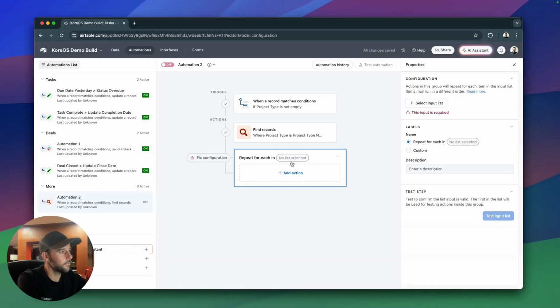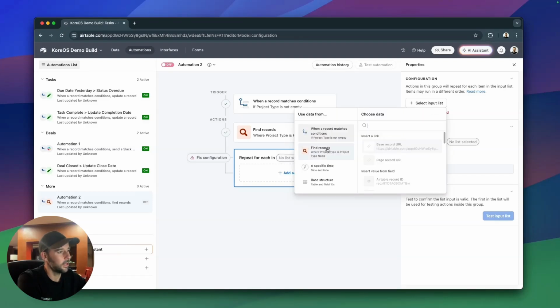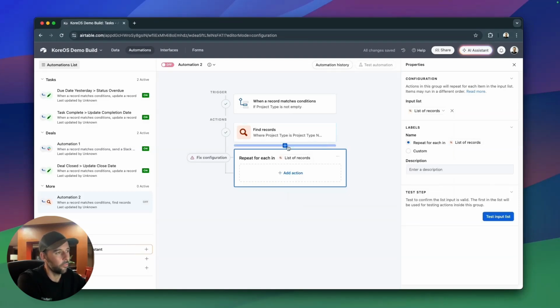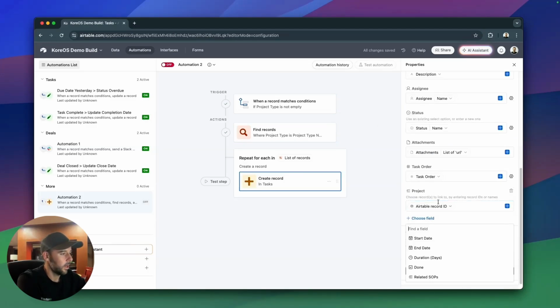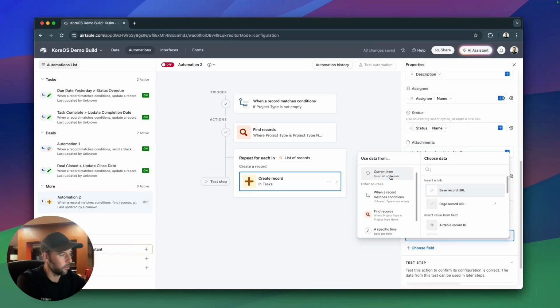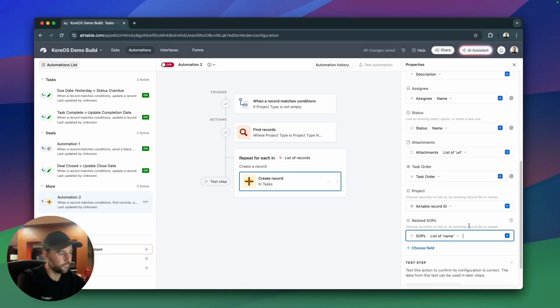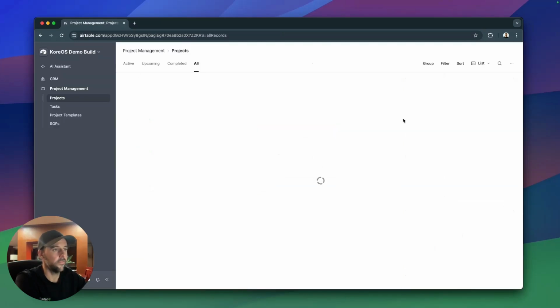If I click on this, I can select the list here as our found records. So we're going to use that list of tasks that it found from this step here. And then the SOPs, we will pull in from the current item's list of SOPs. And we can use the names there for that. So now, if we turn this on, what's going to happen here is we should see, if we go into the interface,